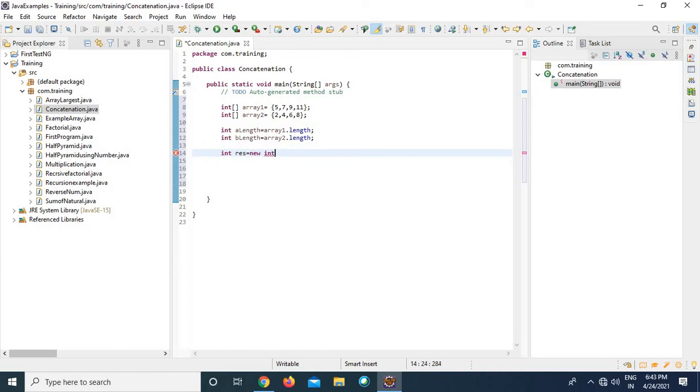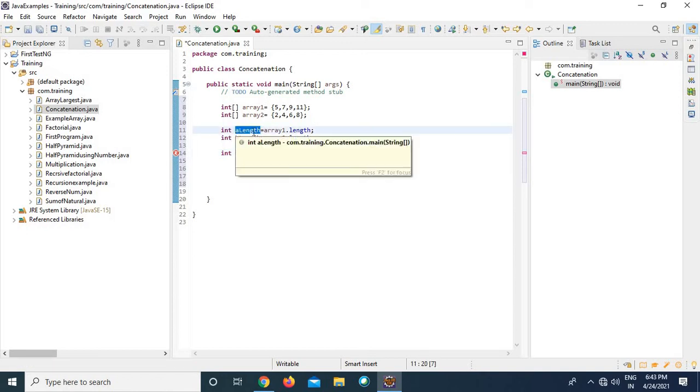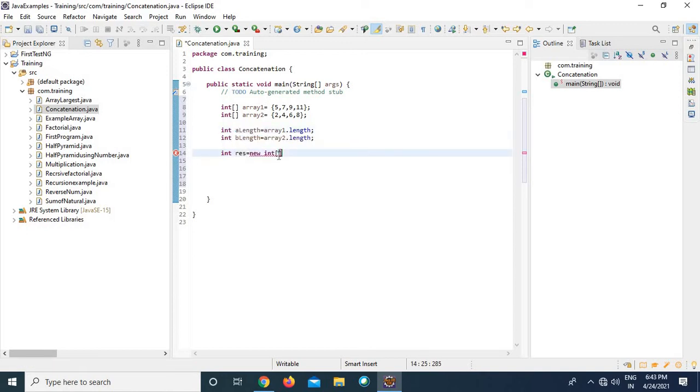So new int with the length of a length plus b length. That means the new array will consist of the size of these two additions, the length of the first array and the length of the second array.